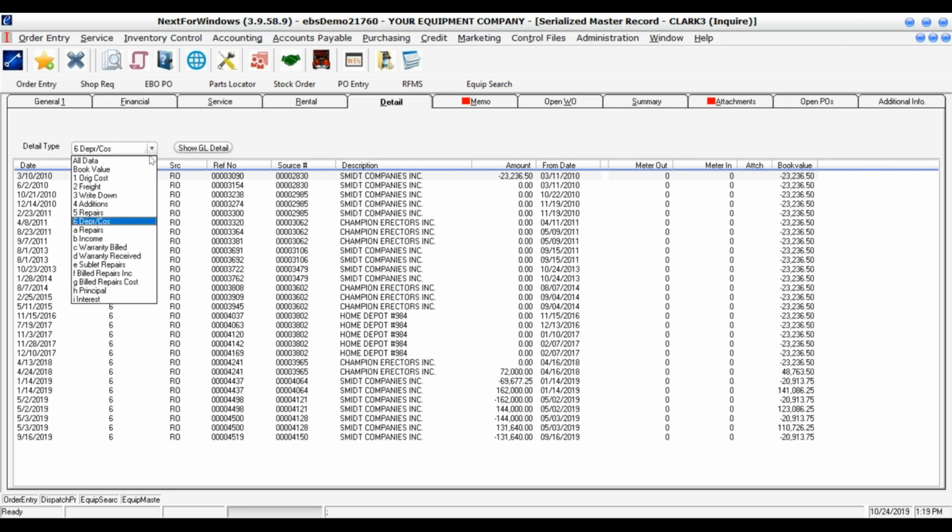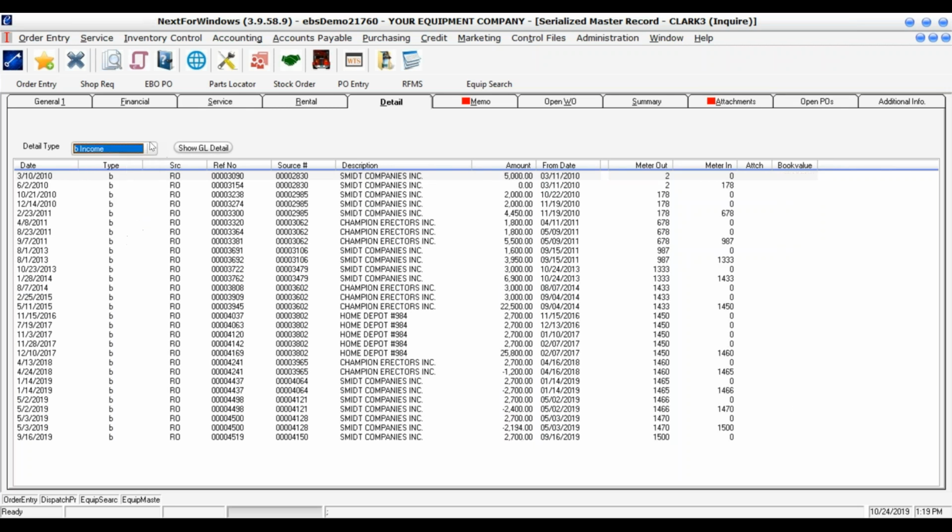Also on this drop-down, you see these items A through I. They're not book value information, but it's information you definitely need to know. Like you may want to know the income this piece of equipment has brought in, any principal, interest. So all the financial information that's attached to a piece of equipment